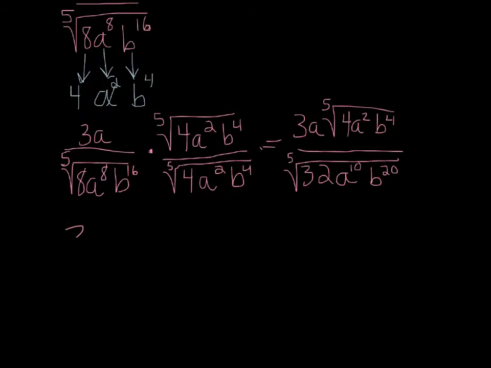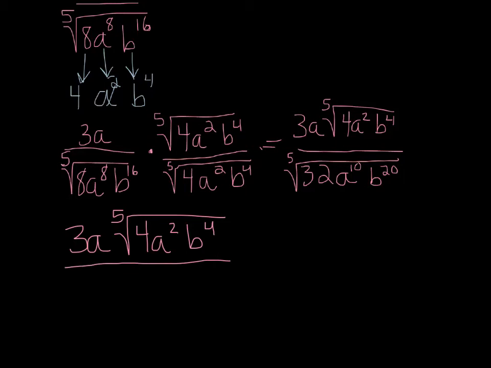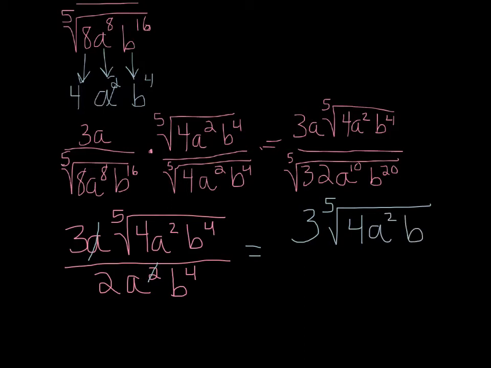Alright, now we simplify. So the fifth root of 32 is 2. Fifth root of a to the 10th is a squared. And the fifth root of b to the 20th is b to the 4th power. And then you'll notice we have an a up here and an a down here, so we're going to cancel 1 with 1. And finally we get 3 times the fifth root of 4a squared b to the 4th all over 2a